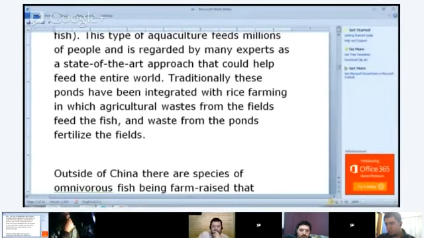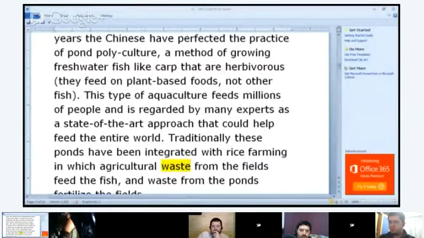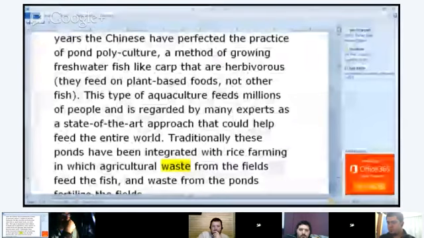Good. And agricultural wastes. Actually, we usually say waste. Agricultural waste. Let's practice that. And so what I would like to do is to ask all of you, please, someone who would like to volunteer, could you please repeat some of the information that was in that selection of text? Because it's very important.